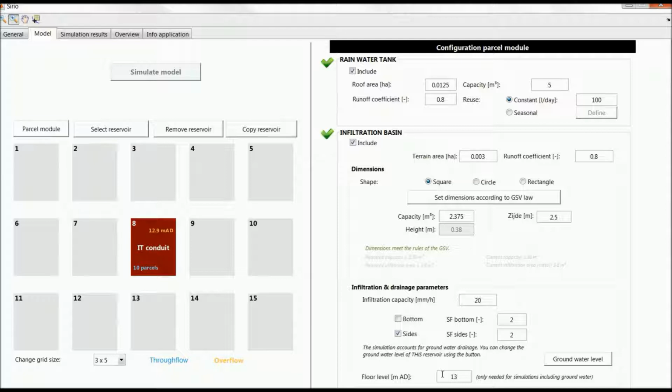So in this case I assume that the floor level of the infiltration basin is at 13 meters above datum, which is just at the maximum level of the groundwater. So basically there will be no drainage in the infiltration basins of the parcel module. And then if I switch to the parameters of the infiltration conduit,